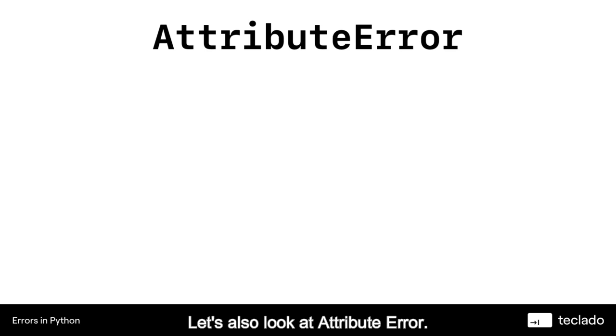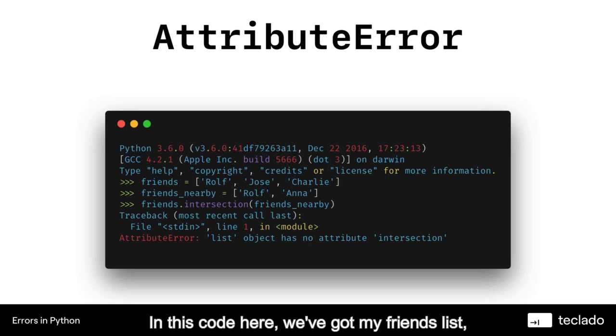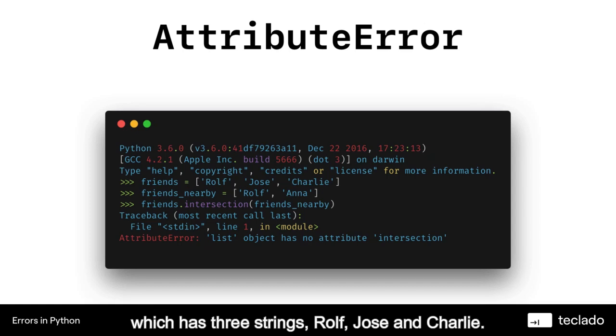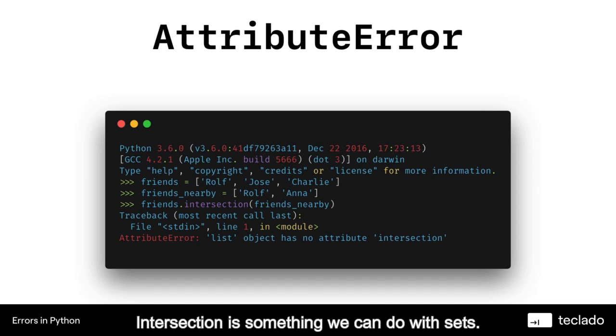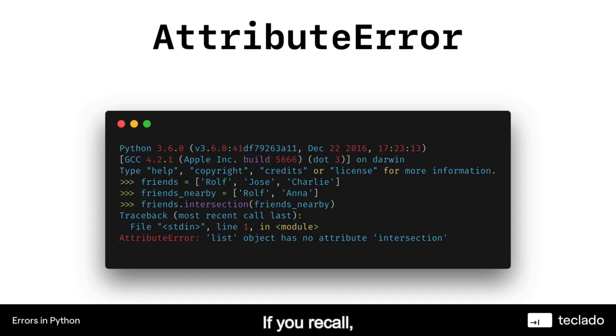Let's also look at attribute error. Attribute error is pretty popular when you're starting to deal with objects. In this code here, we've got my friends list, which has 3 strings, Rolf, Jose, and Charlie. And then we've got some friends that are nearby, Rolf and Anna. And notice these 2 are lists, and then I'm doing friends.intersection of friends nearby. Intersection is something we can do with sets. If you recall, we looked at this earlier on in the course. It is not something you can do with lists. So then you